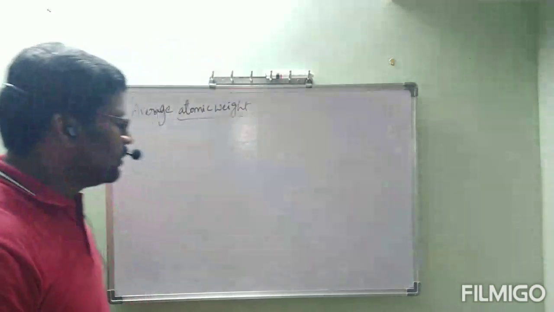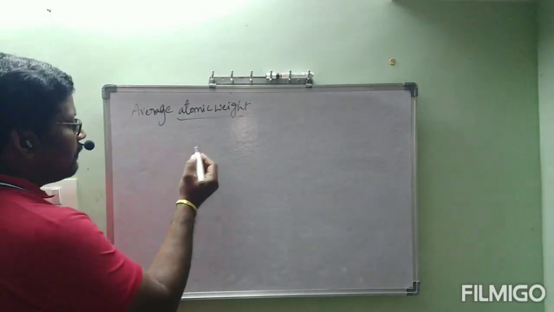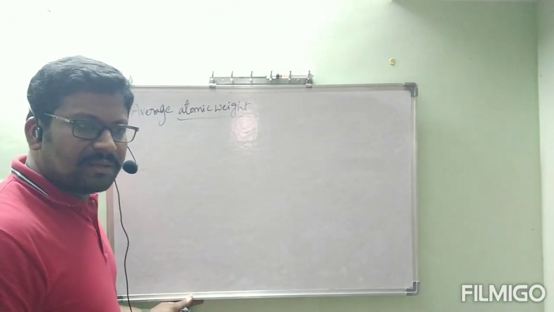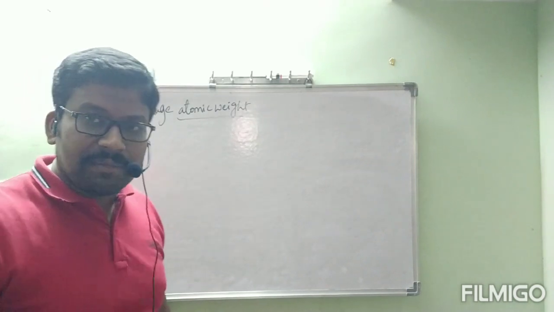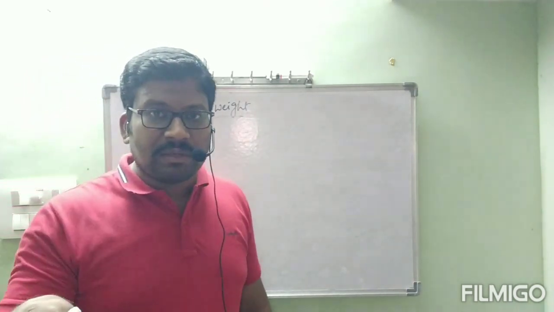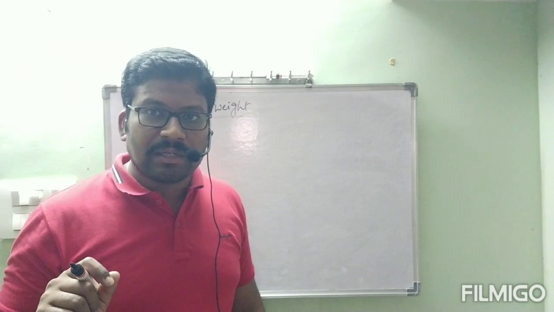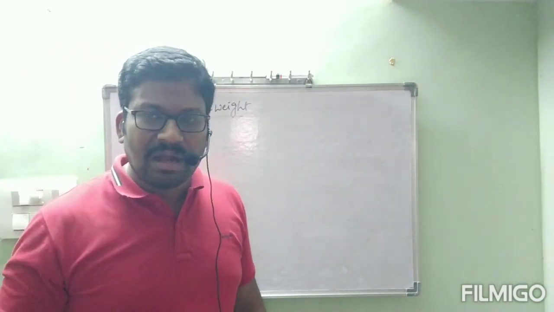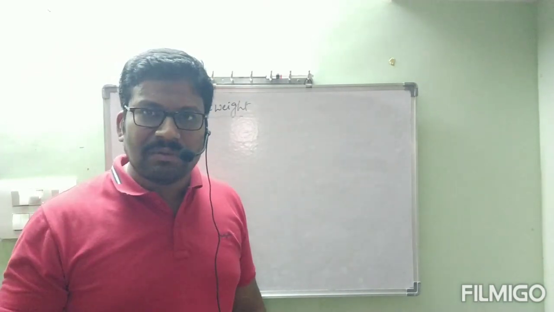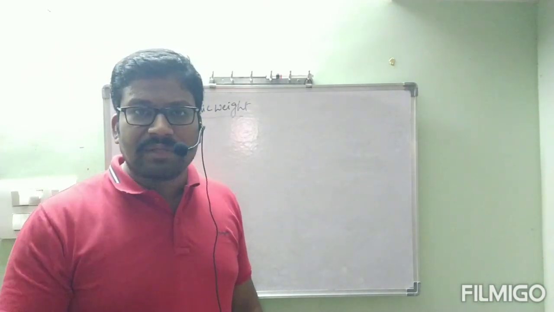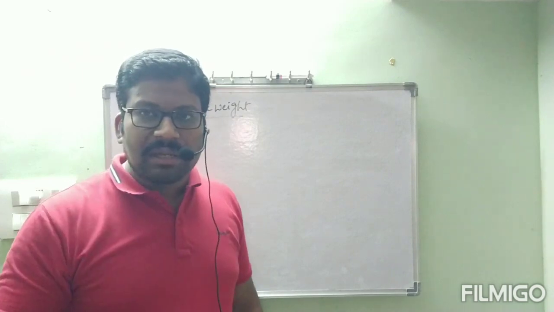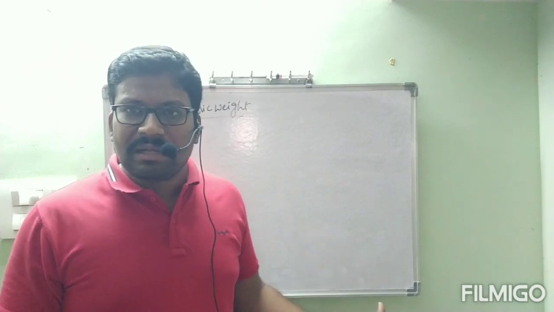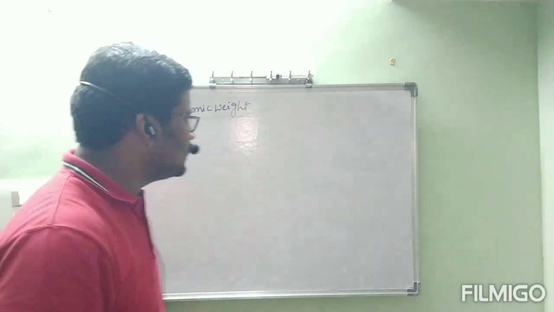Okay, let us see. First, I will go through average atomic weight. I thought actually to teach isotopes, but to understand that we again need atomic number and mass number, and for that again electron, proton, neutron, charges, all those things. It will take a very long time. So first I will go through the average atomic weight formula. After that we will go through this concept normally. In structure of atom, I will repeat this one more time. Please don't get any confusion. It is simple.